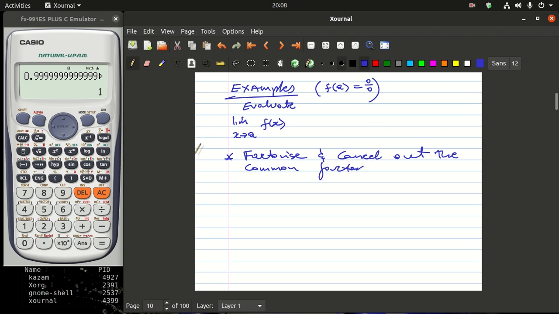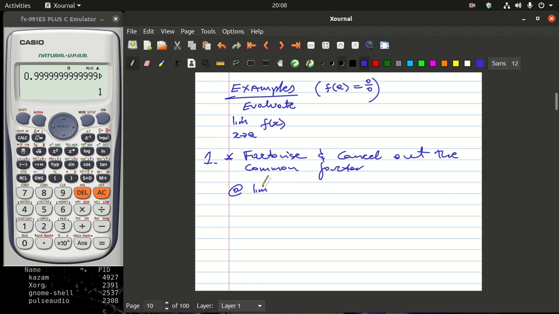So this is the first thing that you have to try. If you have a limit such that if I take x and plug it in directly as it is, I get 0 over 0, the first thing you need to try is factorize and cancel out the common factor. Let me look at the examples. Suppose now we have example 1. The question, of course, is evaluating